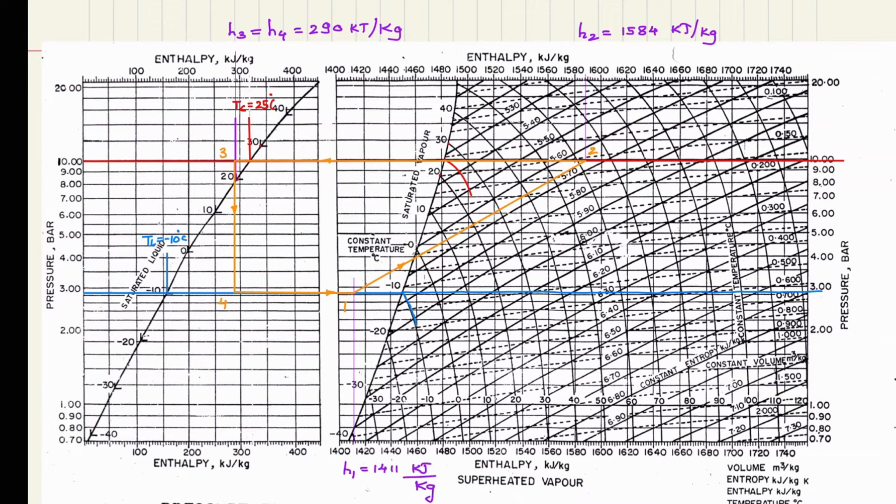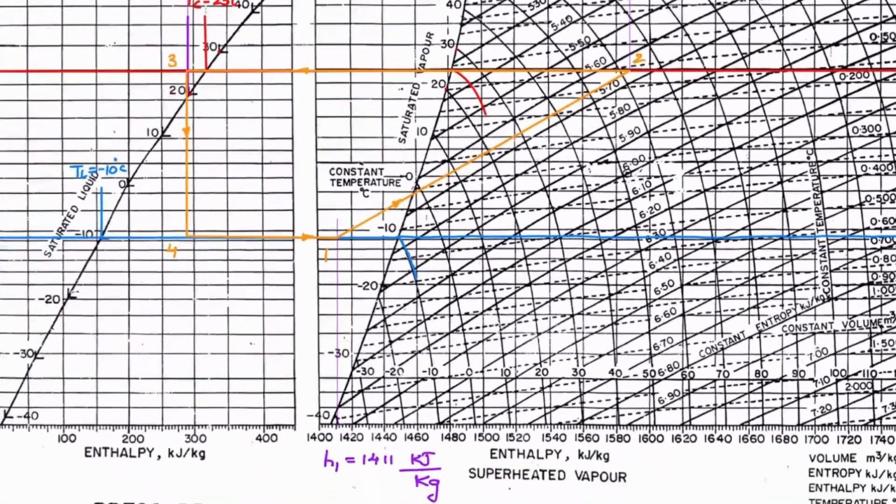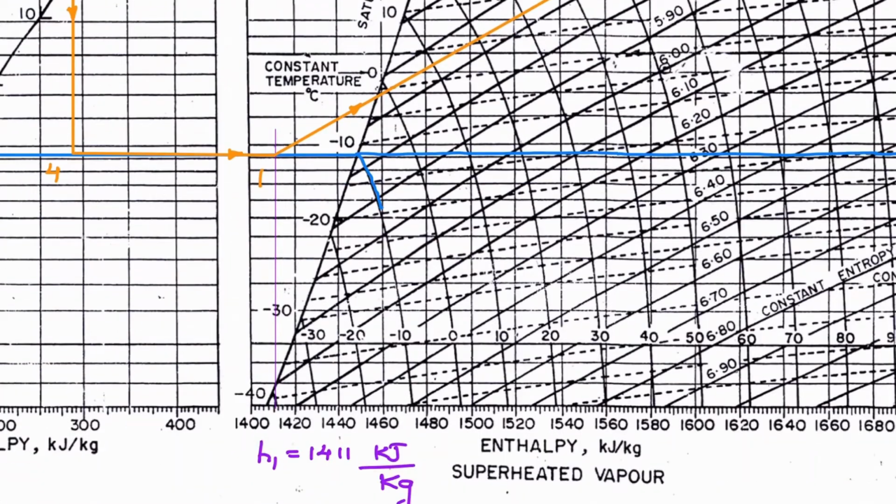Okay, now we have calculated the value of H1. It was approximately H1 is equal to 1411 kilojoule per kg. Now understand this, this is an important part. If you see this vapor dome, here a jump is given. What is the jump? Here you can see this value, it is 400, and after this point you can see the jump directly, it is 1400. Now our value is in continuation from this point, 1411. So there is no jump. The jump is before this.